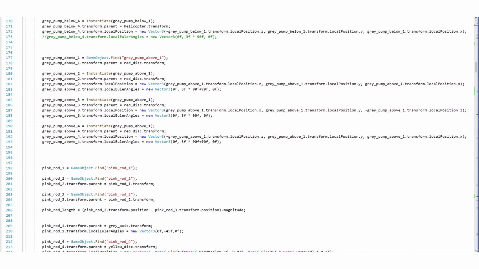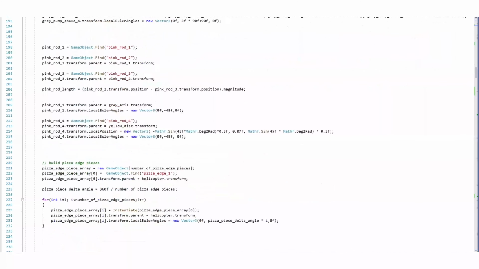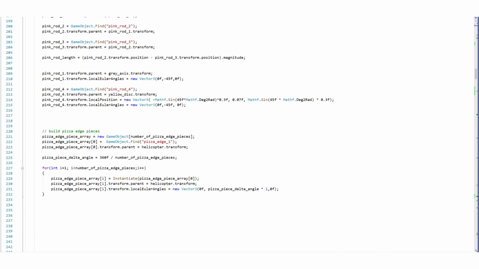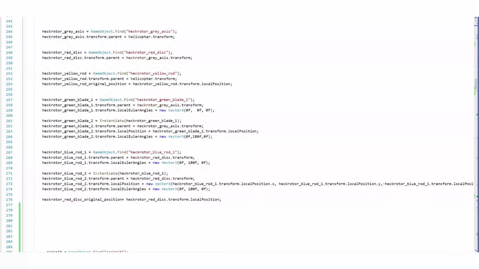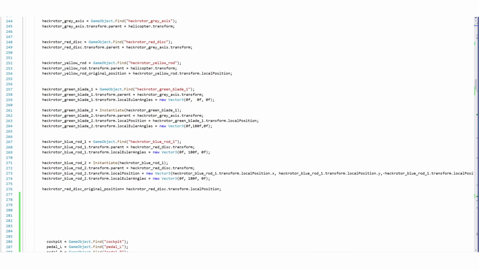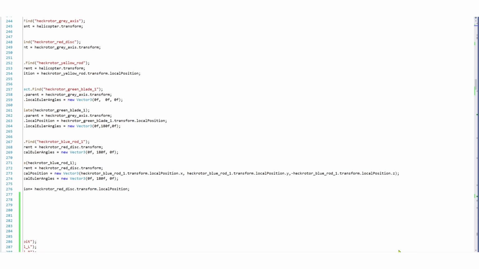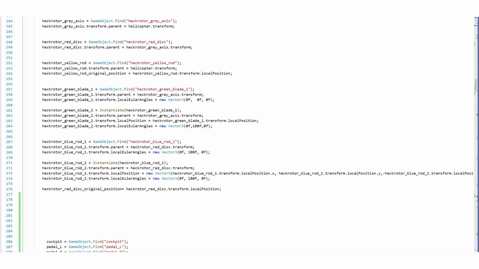And once more we are having a closer look at the new code displayed here. I'm just scrolling down the code and drinking my coffee.